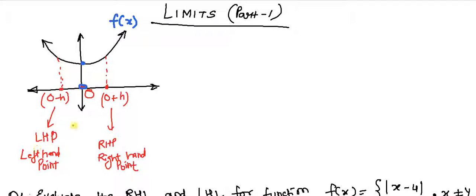One will be the left hand side, another will be the right hand side, and there will be two points, a left hand point and a right hand point. What happens in limits is that you consider some point h, which lies on the x axis, and that h would be 0 plus something, this distance. That is very small. You will consider h to be neglected, approximately 0. It seems to be bigger, but it's not. Similarly, in the backward direction you will find 0 minus h, because something is subtracted from 0.